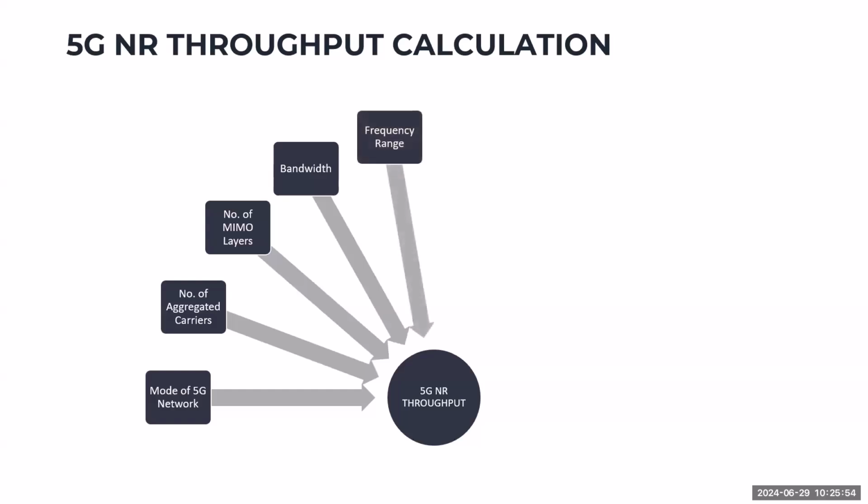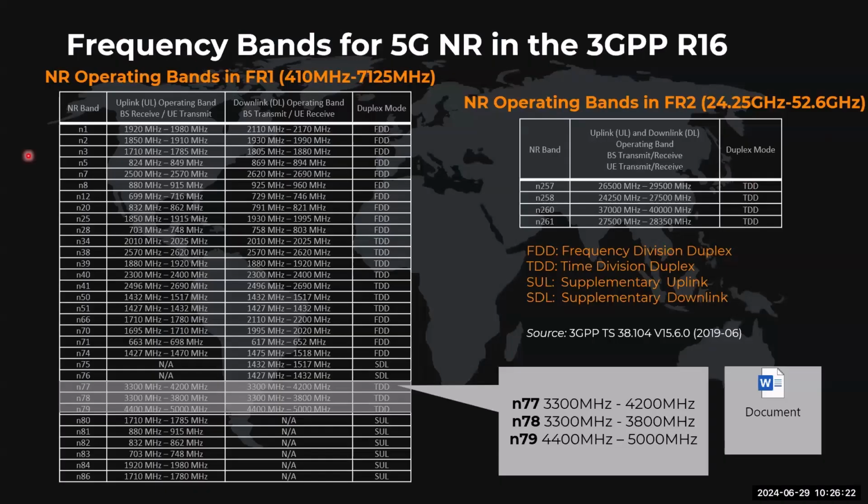Of course, the frequency range. Yan. So, ano yung frequency range na ginagamit natin? It's either frequency range 1 or frequency range 2. But now, in the 3GPP latest standard, you will hear a frequency range 3. Yung golden frequency. Yan. So, hinihintay natin yan, yung golden frequency na yan. Pero frequency range 1 and frequency range 2, yung pinakita ko sa inyo kanina, are the frequencies in the low band. Frequency range 1 is 410 to 7125 megahertz, and then frequency range 2 is from 24.25 to 52.6 gigahertz. Yan. So ito yung frequency range.